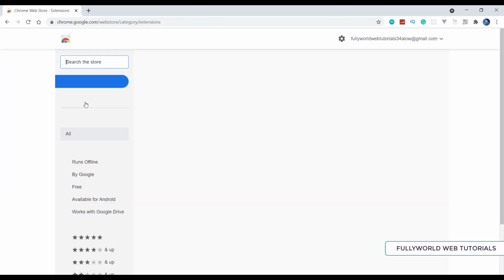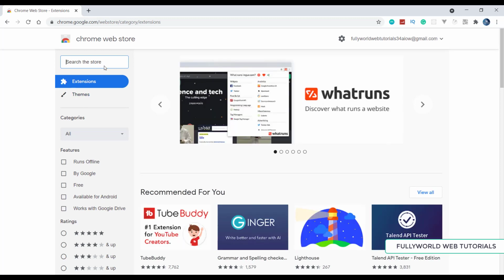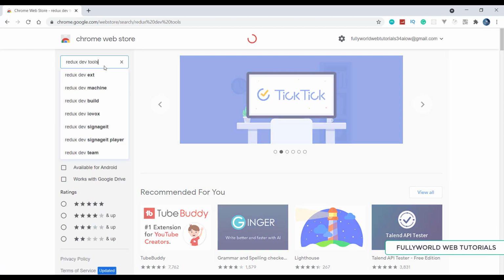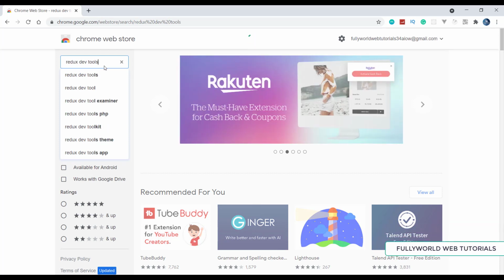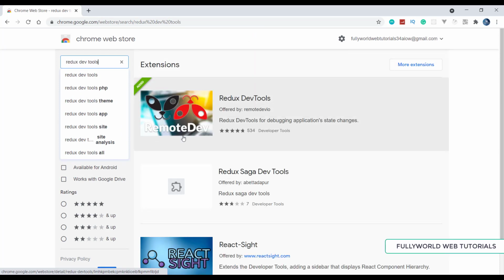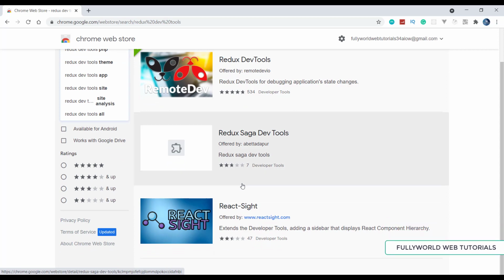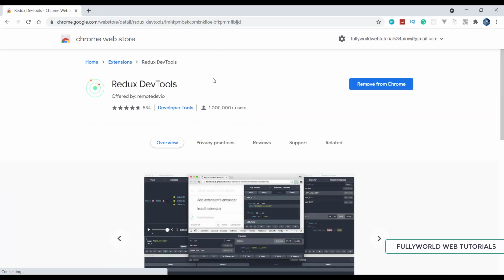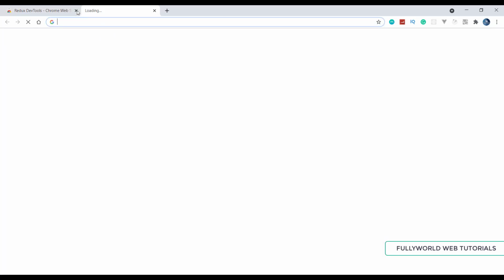So here this is our Chrome, and here you can write Redux DevTools. You will get the extension there. This is the Redux DevTools extension you can add from here.